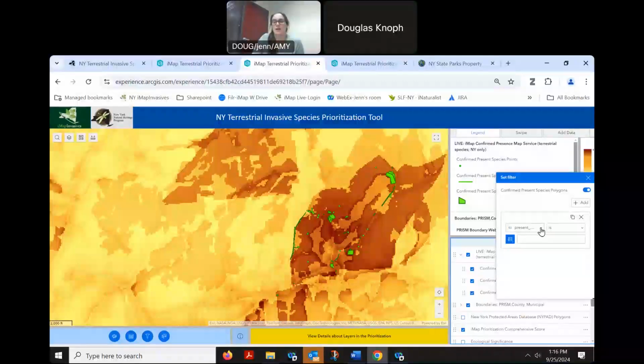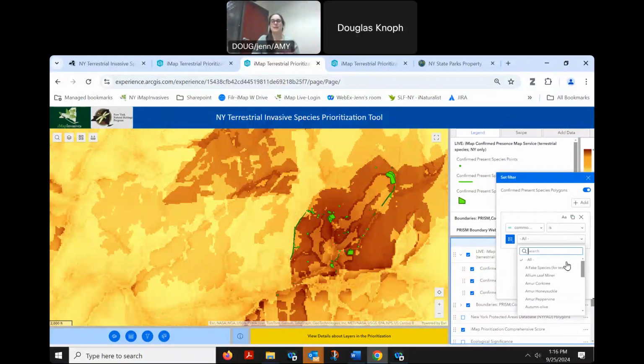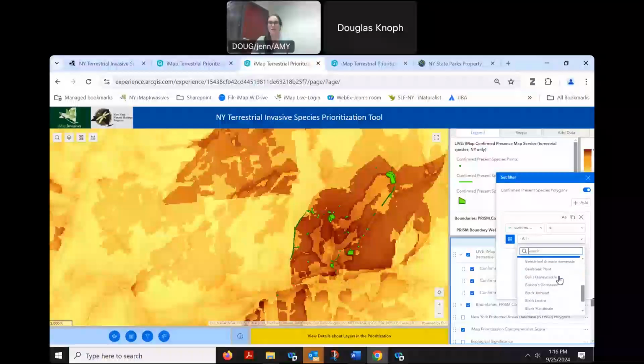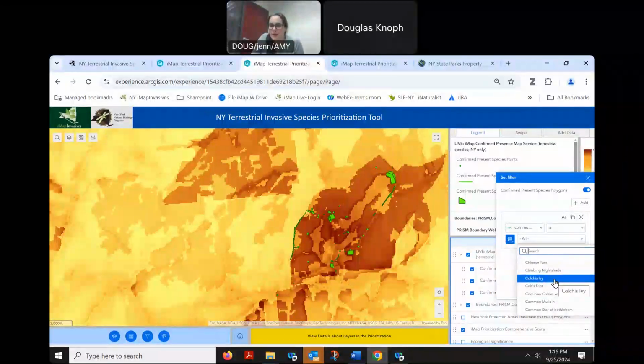I would add a clause, and in this case, because I don't know the scientific names of all of the invasive species, I would go to unique, and it's going to generate, little bit by bit, a unique list of all of the species that you have. So you could do this based on scientific name or any other field that's in that iMap